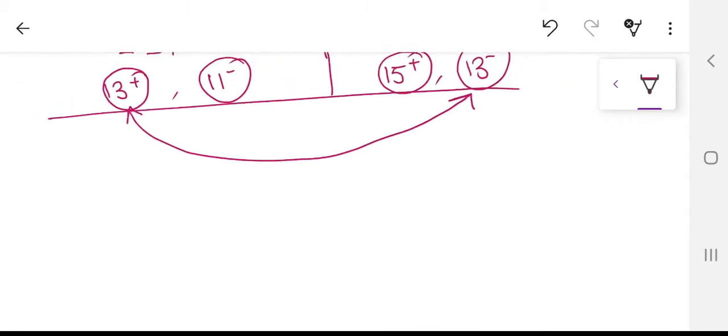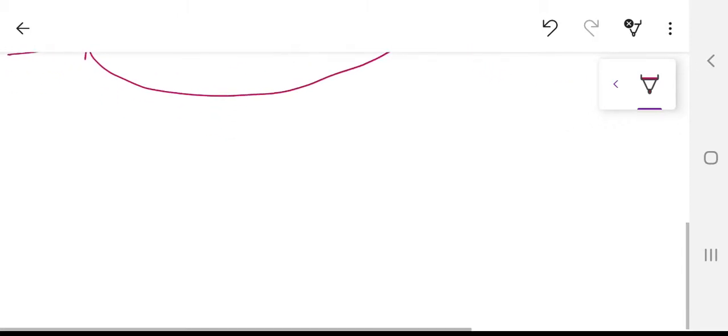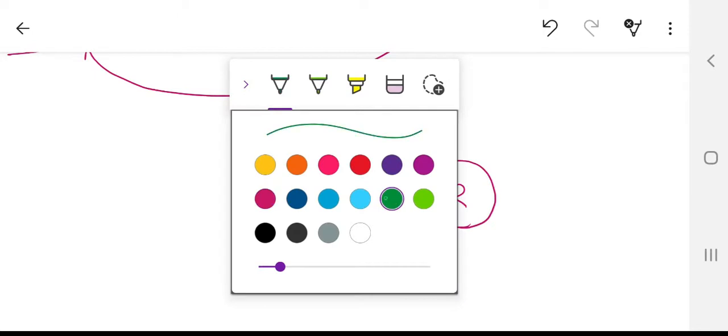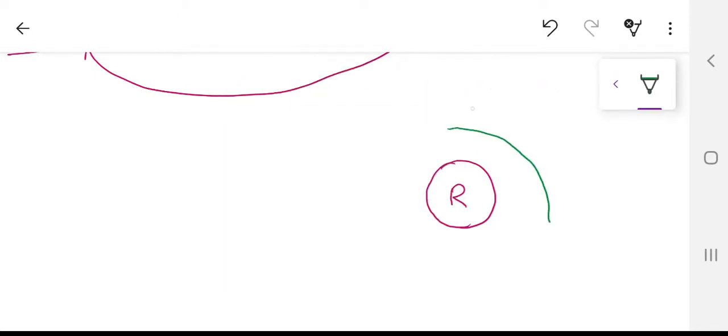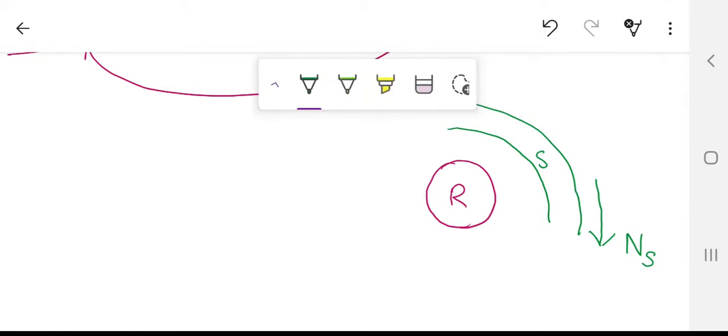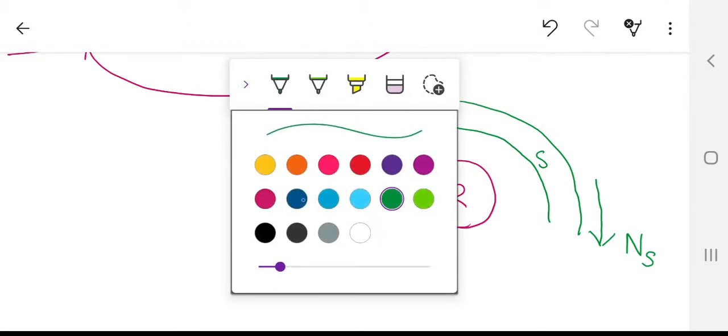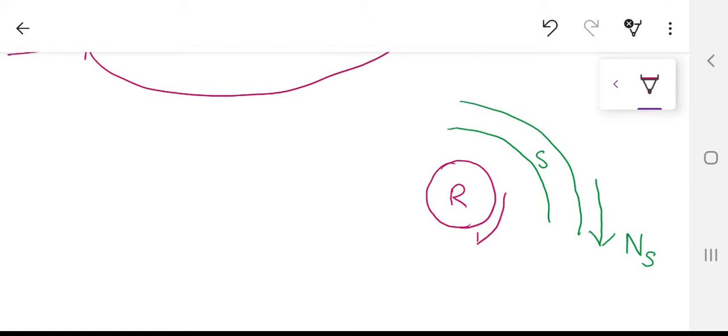Now, let me go into a bit more detail. The first thing: I have a stator, and let me draw a rotor here. This is my rotor, and this is the stator. The stator produces a fundamental at Ns. Since this is for the rotor, I'm going to use another color for it. This is going to be Nr.